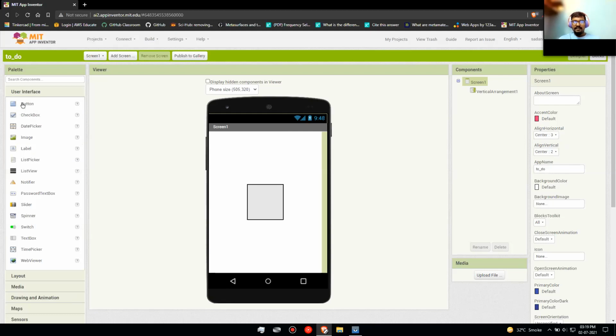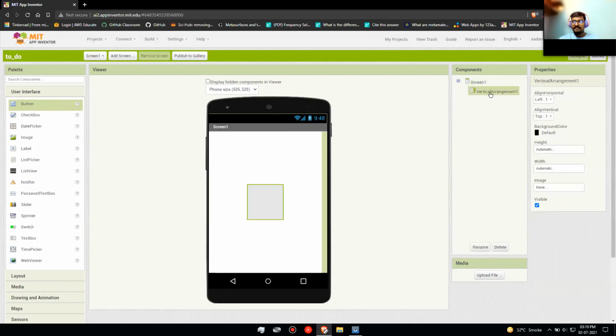That is a button, a label, and a text box. You said align horizontal, not align vertical? No, I said align vertical only. Both will be centered. So first we have to drag in the label.